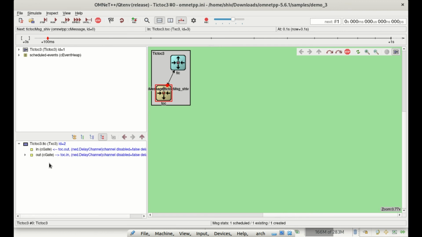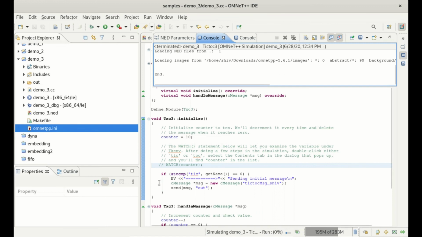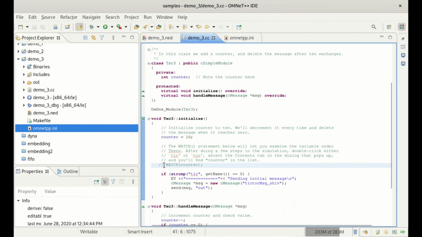So you can see there is no counter variable. It is not displaying here. Similarly we can click on the toc module, same. So the counter variable is not displayed here, we can see. So that was the role of the watch API. So let me close the window and uncomment watch.